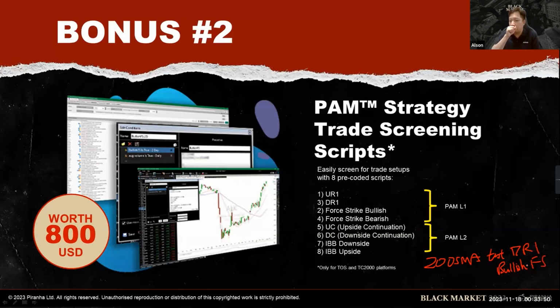Because testing a 200 SMA is a very potent scenario. And I actually gave a script for my students to screen out the most potent scenario when the price action tests the 200 SMA. This will help you to screen. In fact, I personally like to do 200 SMA trade setups when I screen, because that's when I know it's very potent on the recovery. All the normal scripts will help you filter all the potential trade setups.